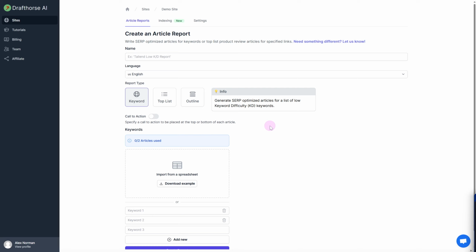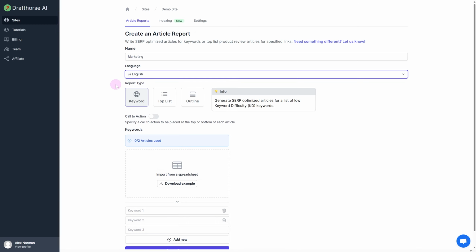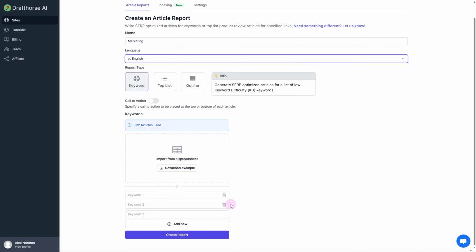Now talking about the platform Drafthorse, you can use this AI based tool to simply create an article report. So you simply need to enter your name in this section, like for example my first article about marketing, and then make sure to keep it small, or we can simply name it marketing, and after that we can select a language. English looks good, and various other fields need to be filled, like for example report